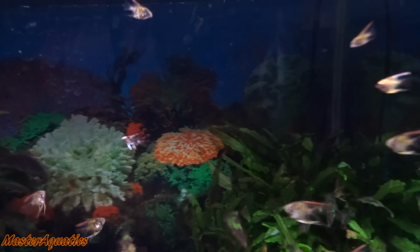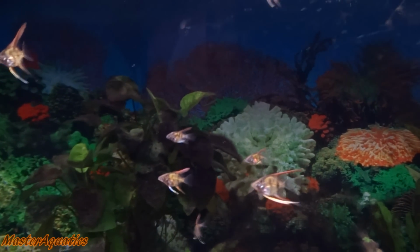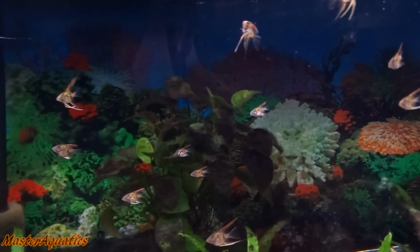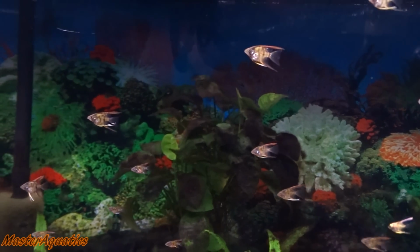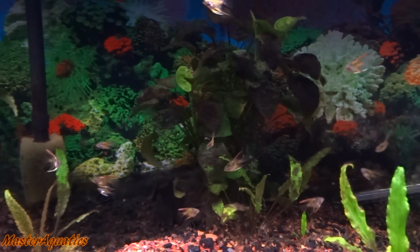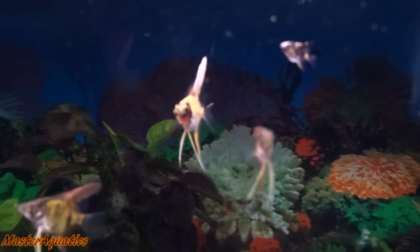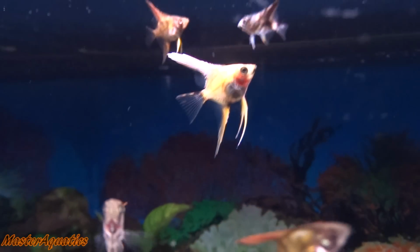If I were to grow these guys out to about adult size, which is going to take a long time, I could easily sell one for a lot more than what they are worth now. So I think that's what I'm going to do. It's a big possibility. Like for example, this one right here, one of the biggest ones that I have, I'll probably wait 3-4 months, wait for it to get breeder size and sell that one on its own for a good dollar